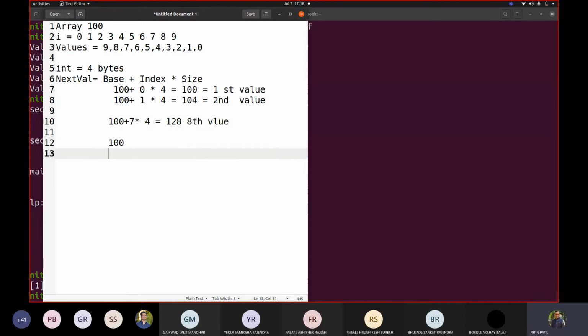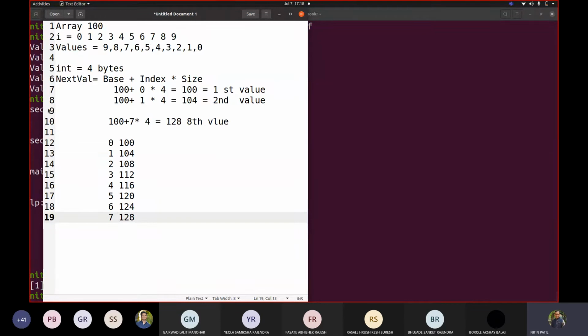That means 100, 104, 108, 112, 116, 120, 124, 128. If I go with 0, 1, 2, 3, 4, 5, 6 and 7, I can see successfully that yes, the eighth value can be computed there.